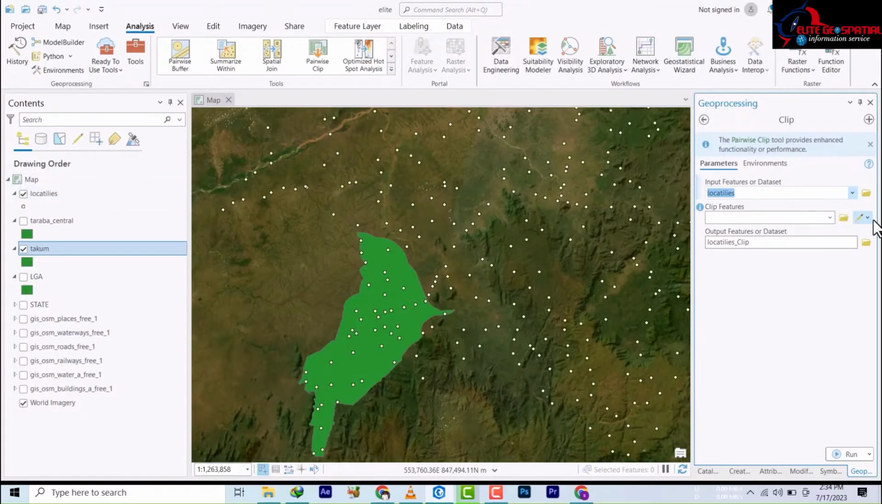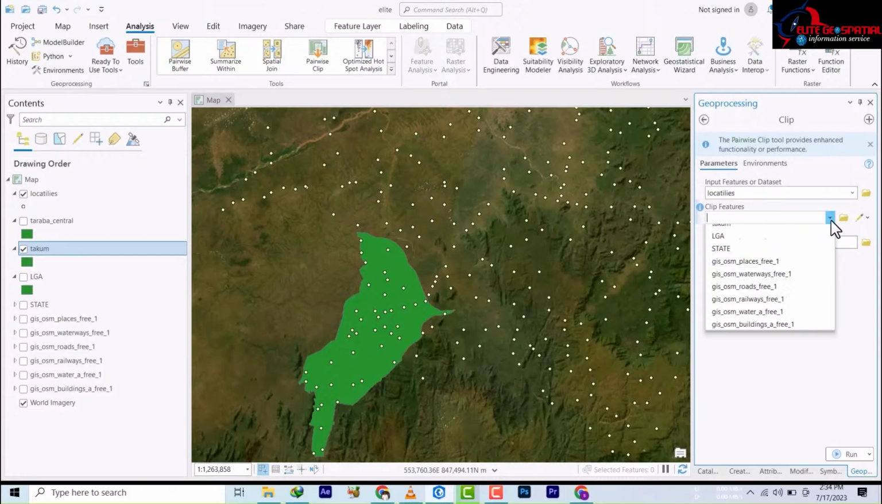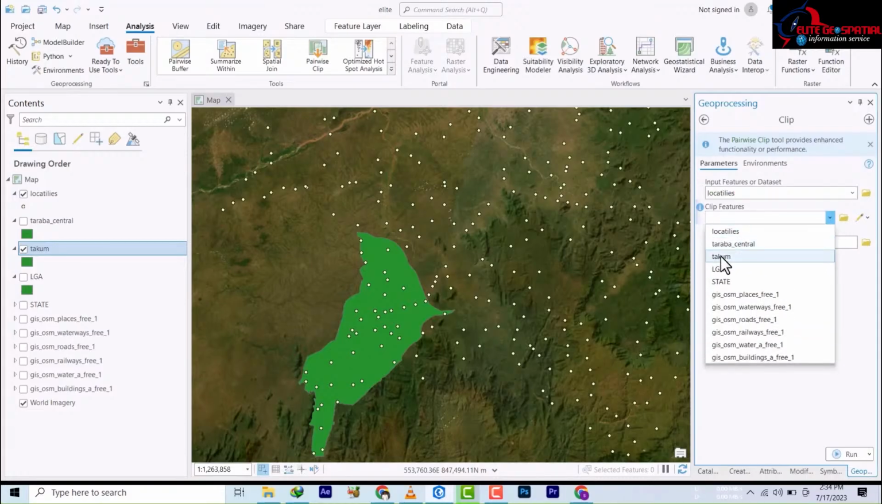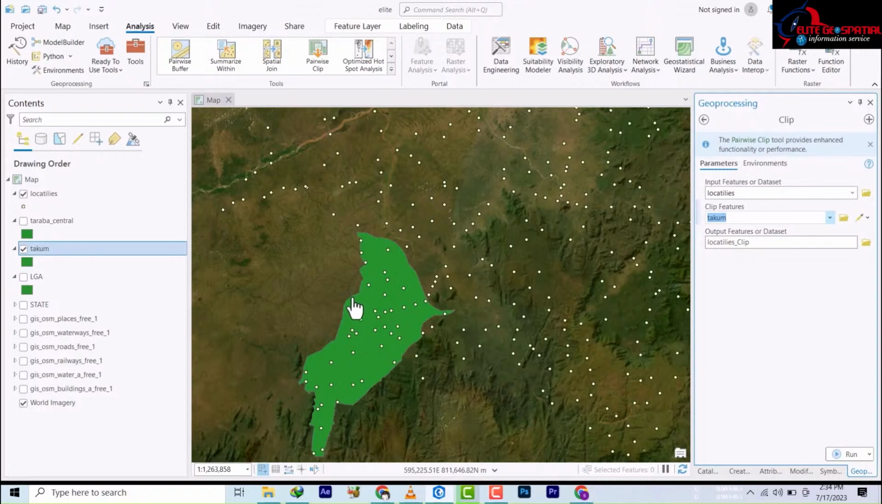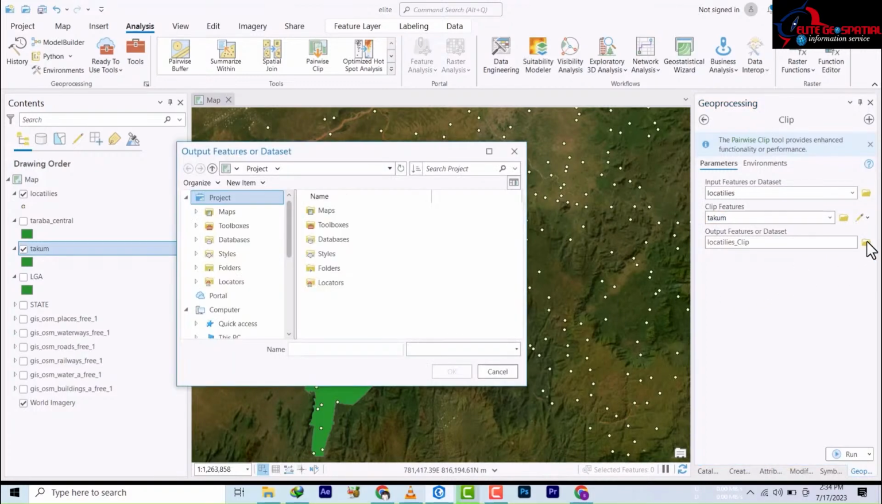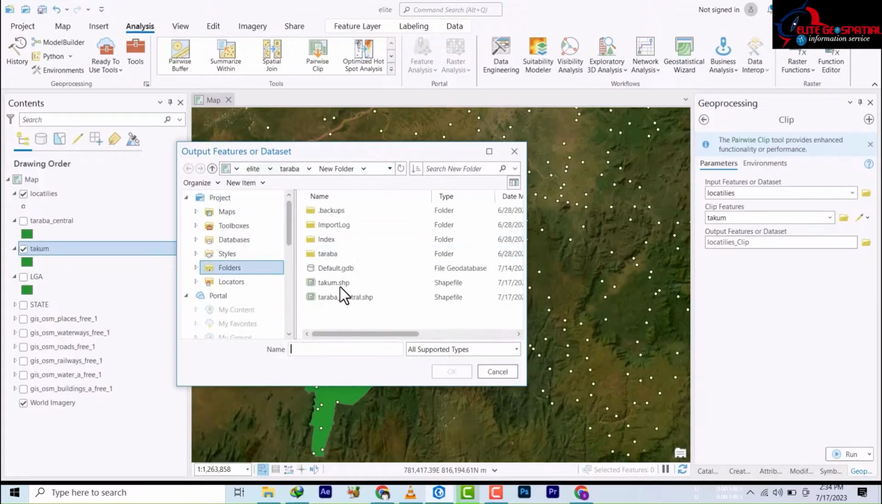So I've inputted it. Then the extent to which we want it to be is this Takum, which is this place. All right, so in the output now, we're going to come to a location. As I've also said, ArcGIS Pro allows you now, you can see, you can select all features, whether it is a shapefile, a coverage, or a geodatabase. So let's still put it here, and then we're going to select Takum